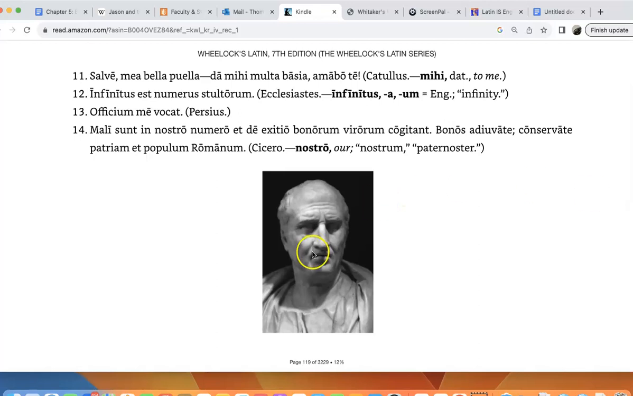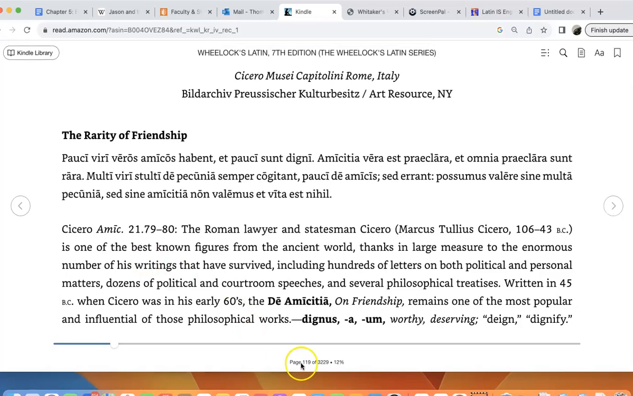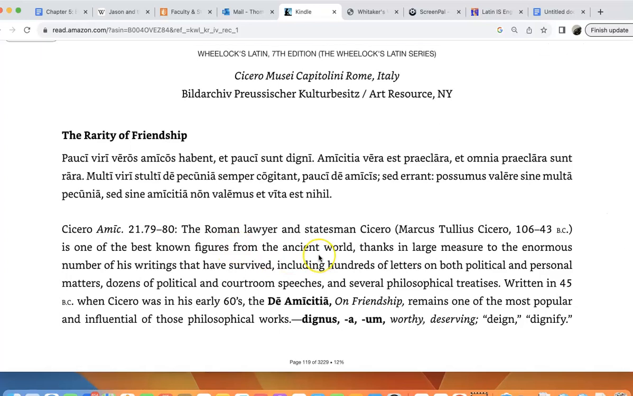All right, so here's the great Roman statesman Cicero, 106 to 43 BC. And here we have a great reading called The Rarity of Friendship from Cicero's day, Amicitia. And it was a famous essay on friendship, and you can read about its context, but it is a very eloquent sort of reflection on the importance of friendship in terms of, following Aristotle and Plato and many others,